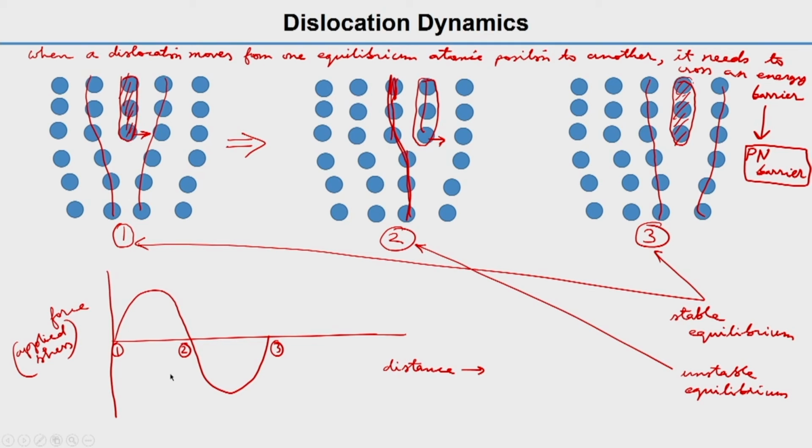As you know, force versus distance will give you energy. The force required to move the dislocation will be tau PN. So that is the stress required. I would write here, tau PN will be the stress required